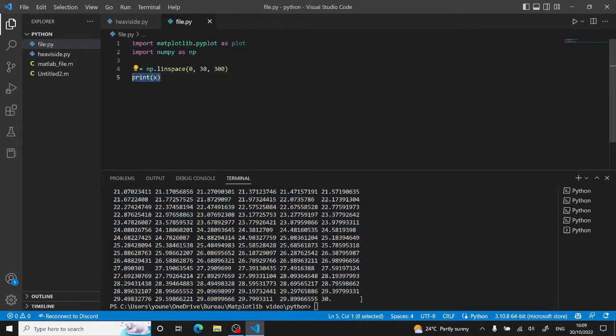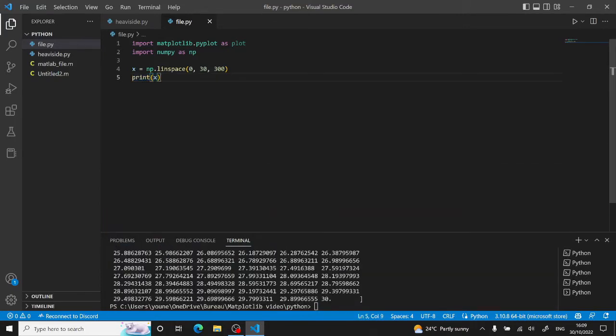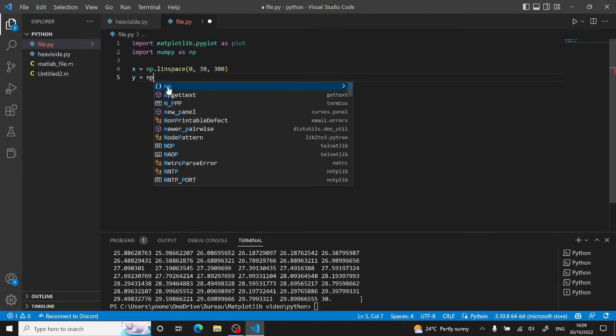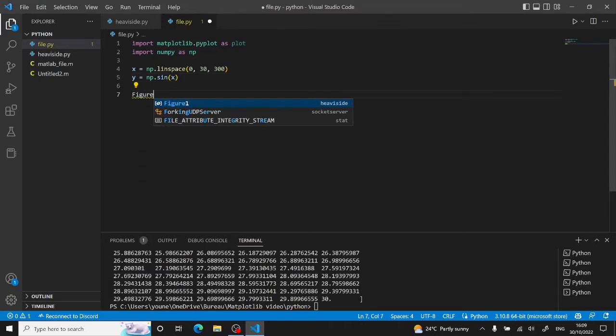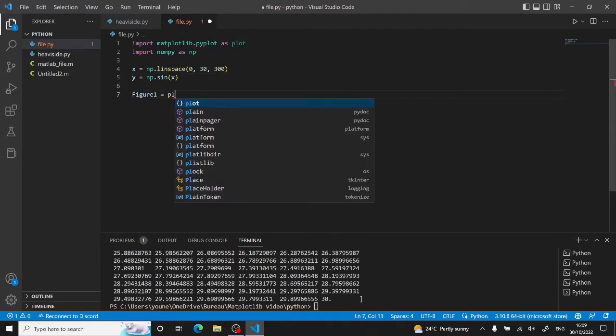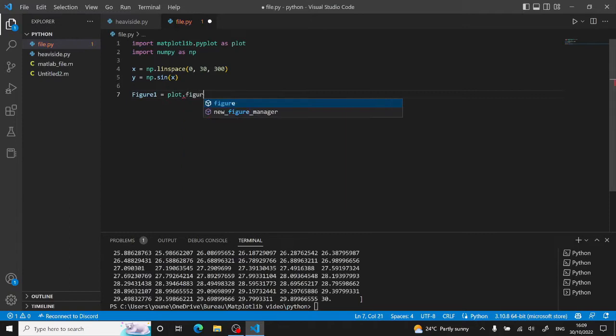Okay, so we can reduce this again. Now we're going to create our y data, which will be equal to np.sin of x. And now we can plot our figure. Right. So to do so, we're going to create a figure called figure1, which will be equal to plot.figure,